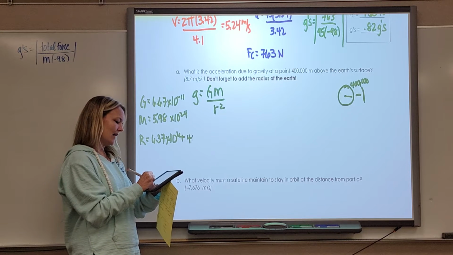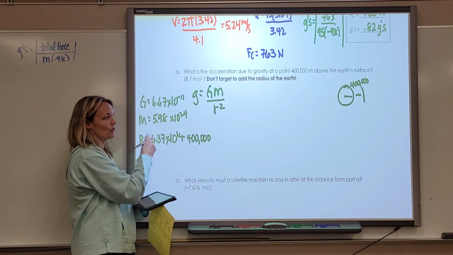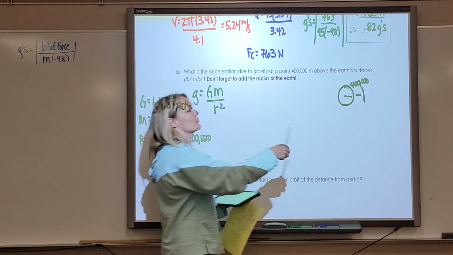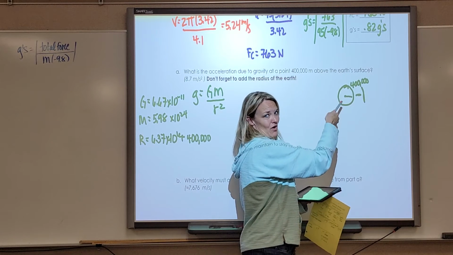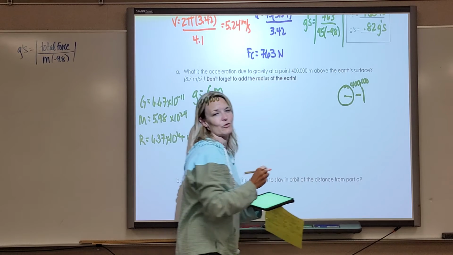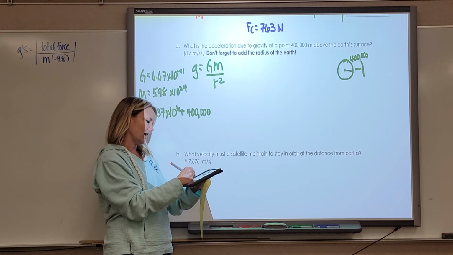So I need to add the 400,000 meters to the actual radius of the Earth to get the total distance from the center. When I add those together, I get